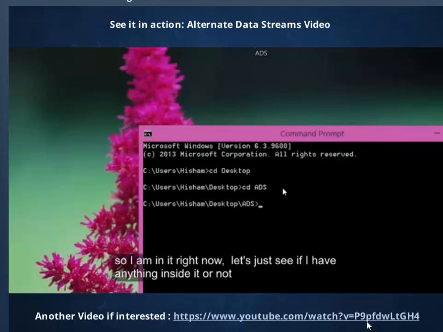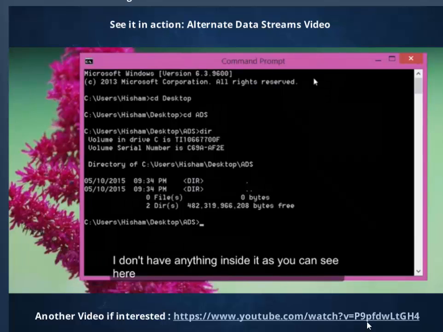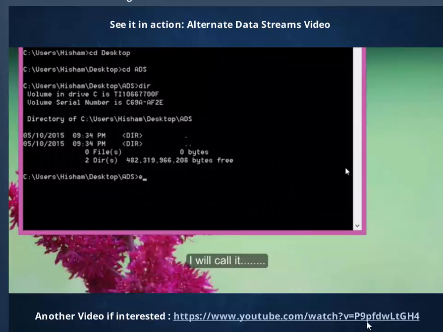So I am in it right now. Just see if I have anything inside it or not. I don't have anything inside it, as you can see here. So now I will create a new file. I will call it,